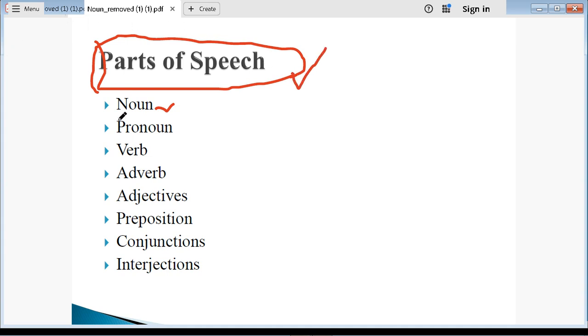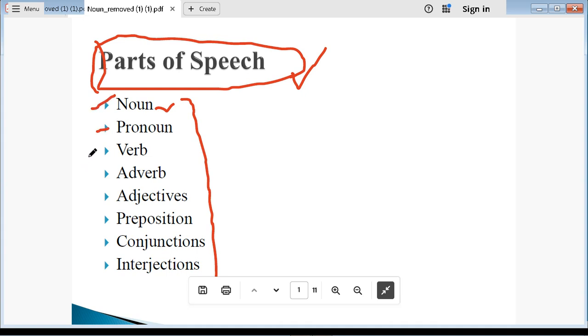Parts of speech is basically every word that exists in this world or English language belongs to these 8 parts of speech: noun, pronoun, verb, adjective, preposition, conjunction, interjection. Let's repeat: noun, pronoun, verb, adverb, adjective, preposition, conjunction, interjection. Okay, so